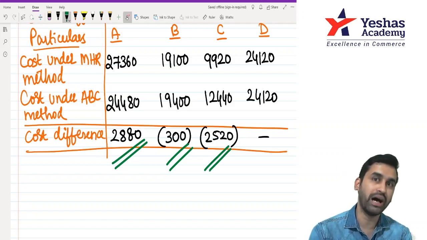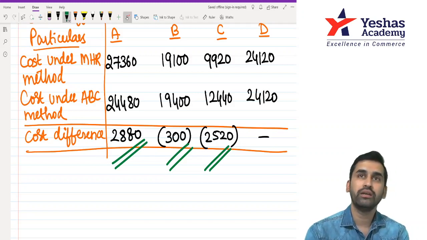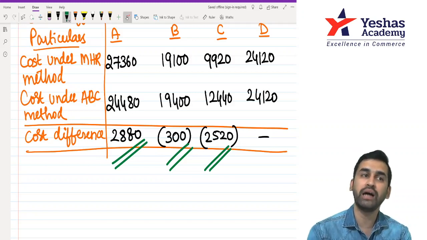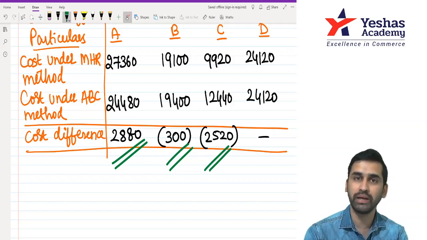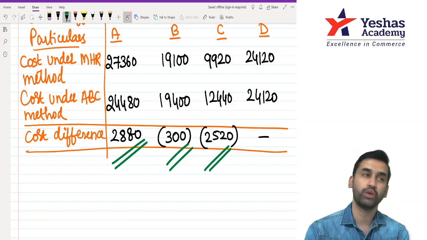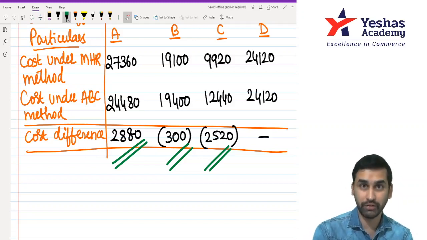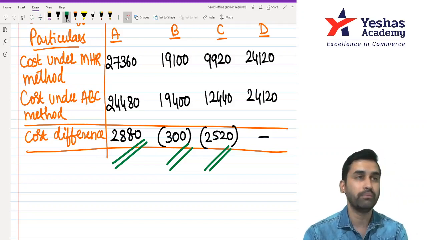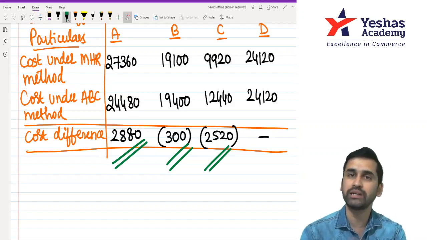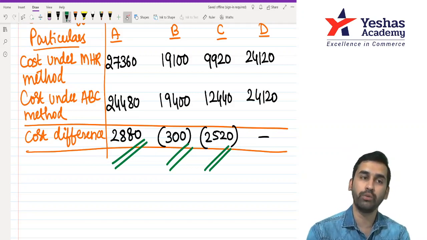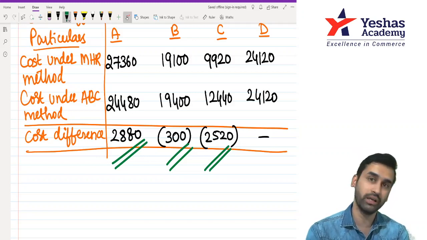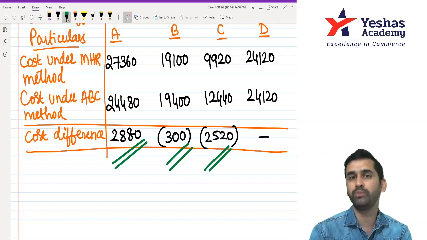So when you do it on hourly basis, you are totally ignoring the fact that overheads are driven by the activity and not driven by the time factor. So MHR assumes that everything is based on time, but ABC, which is a refined way of overhead estimation, believes that activity matters more than time. In simple, it doesn't matter how many hours you work. What matters is what you do in that many hours. It's not time, it's the work or the activity, and hence there will be obvious differences.